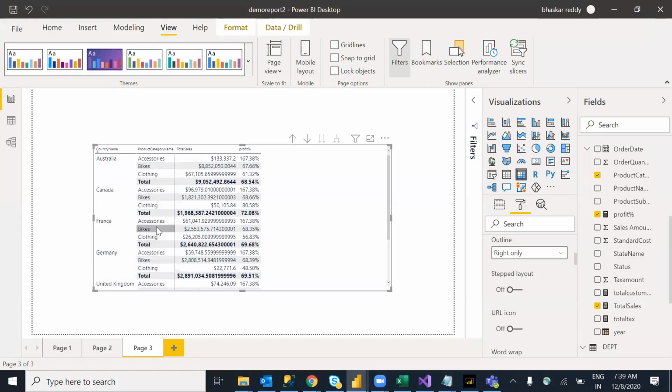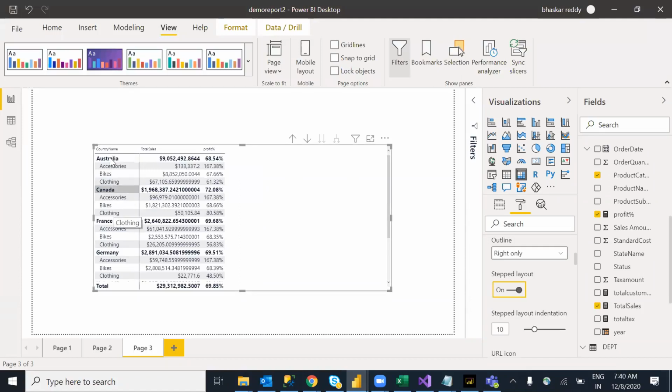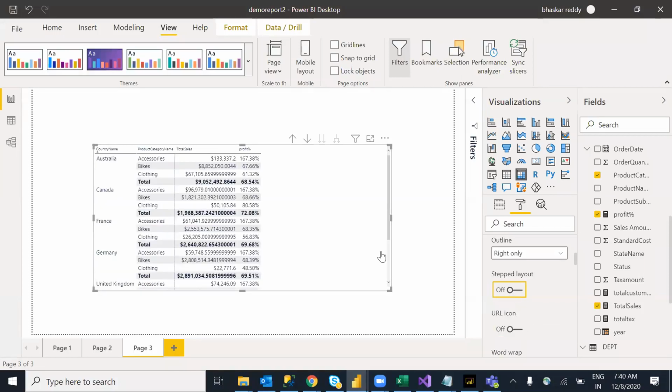If you want this kind of output, the main thing is you have to drag it, then expand it, then come to the row headers. Here we have row headers, and under that we have the step layout property. You have to turn this off. If you turn it on, it will come like this: in the same column, we get steps. Australia, all the 3 things will come. I don't want this one. You have to turn off the step layout property. It's a very important thing.